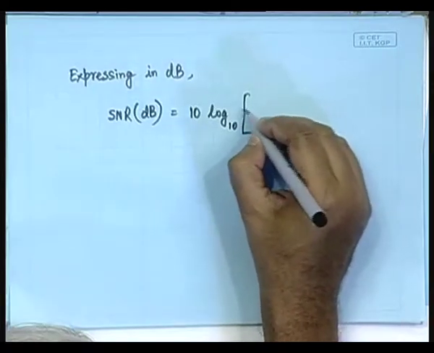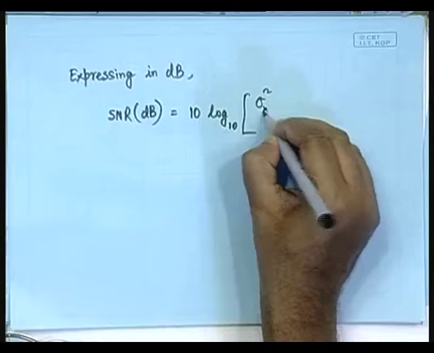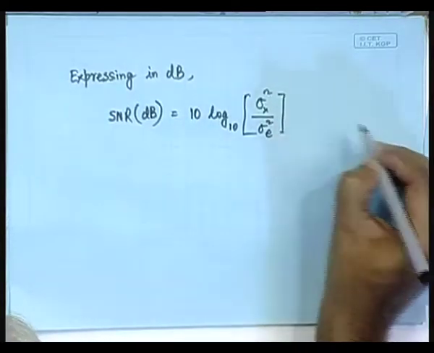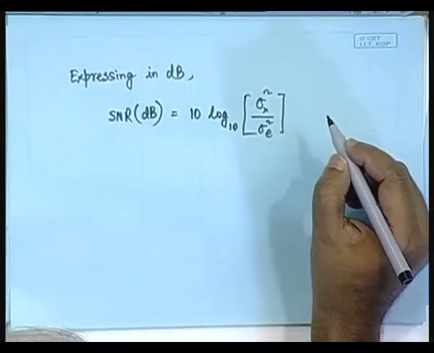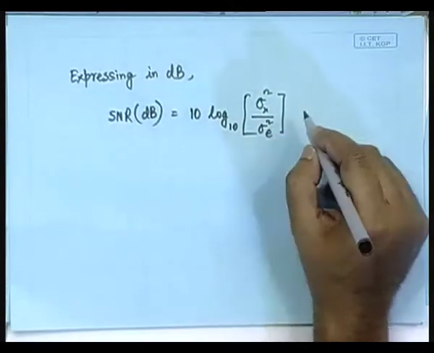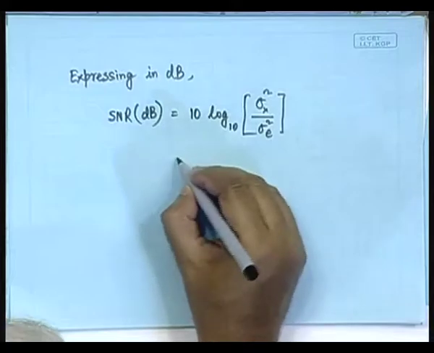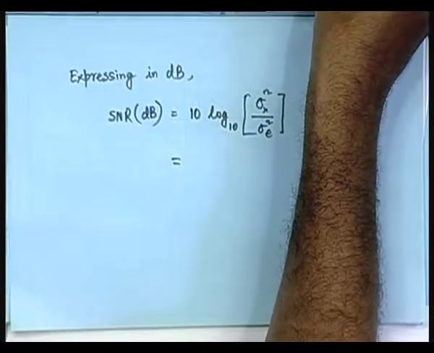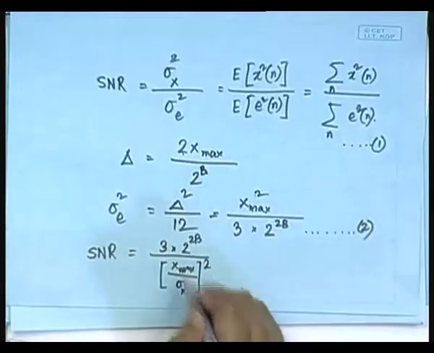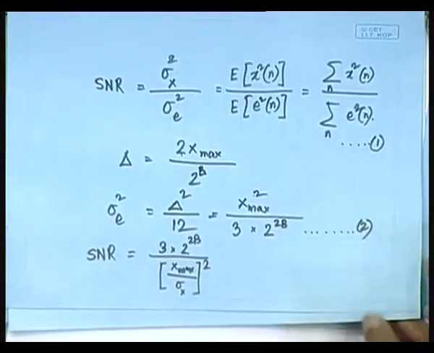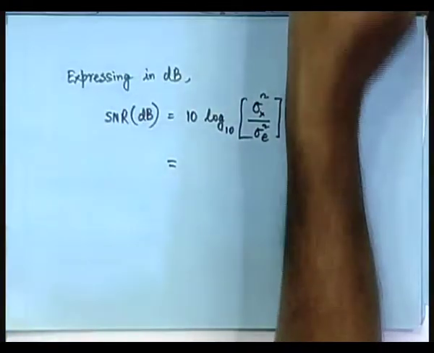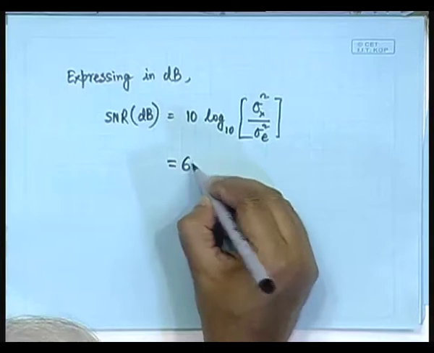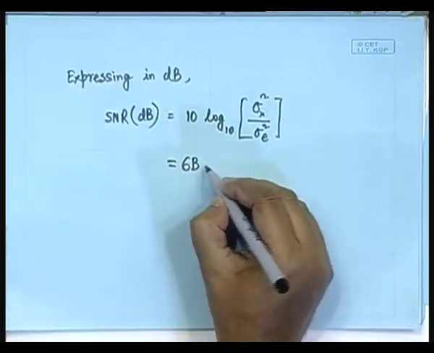So, this is 10 log 10 sigma square x by sigma square e from its original definition of the signal to noise ratio. If we substitute all these things, instead of sigma square x by sigma square e, and then take the logarithm, we can very easily verify that it comes out as 6b plus